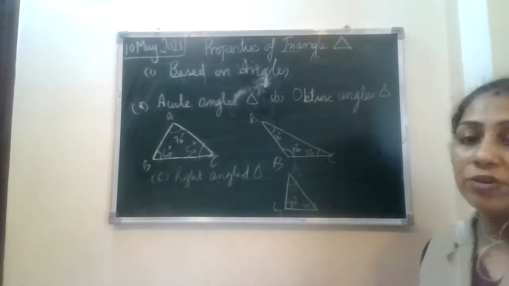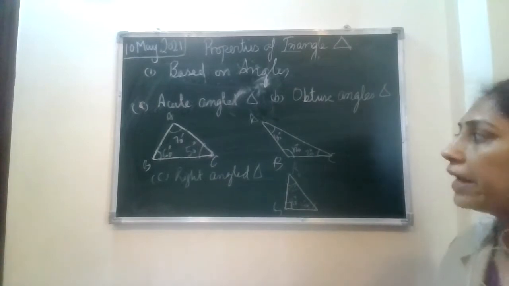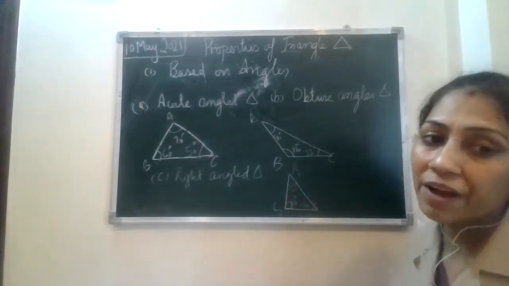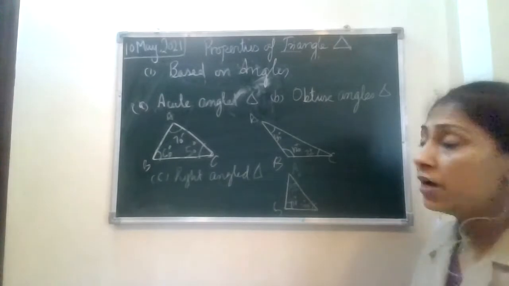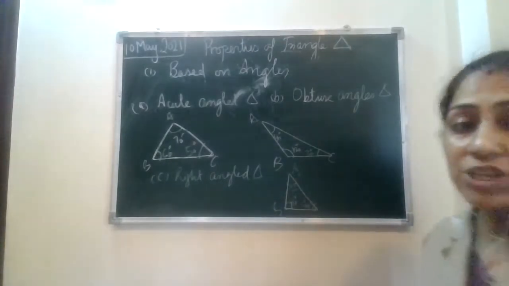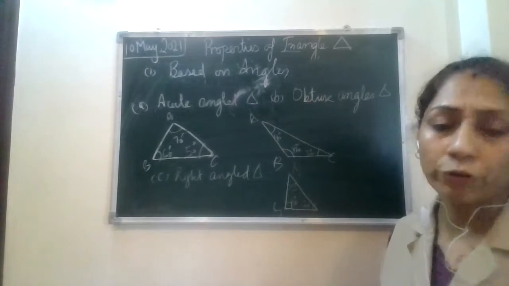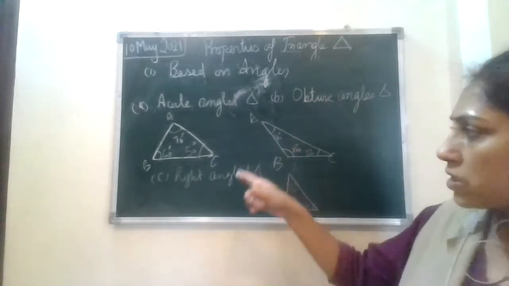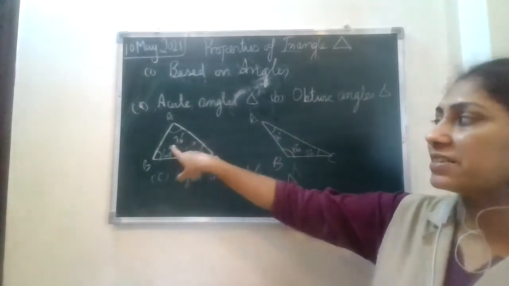So here I mark the measurement also. All of you, can you note it down? What is the sum of angles in each case? Sum of angles of a triangle in each case, which is a very, very, very important property. And you must be noticing here 60 plus 50 plus 70.